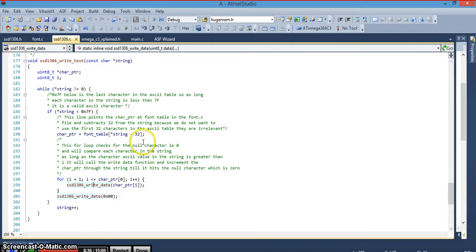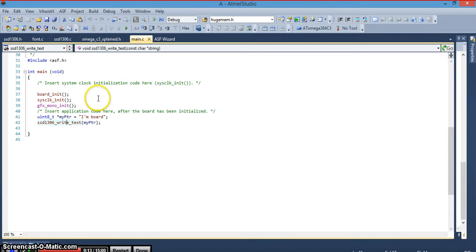Now this is going over this. I think I got it wrong. This loop here is not checking for a null character, it's checking for a valid ASCII character. And if it doesn't get a valid ASCII character, then it just prints a blank. It's this statement up here that's checking for a null character. So I probably should put this as checking for an ASCII character, and then this other statement is checking for the null. Anyways,